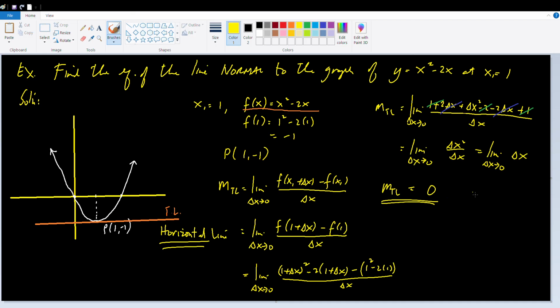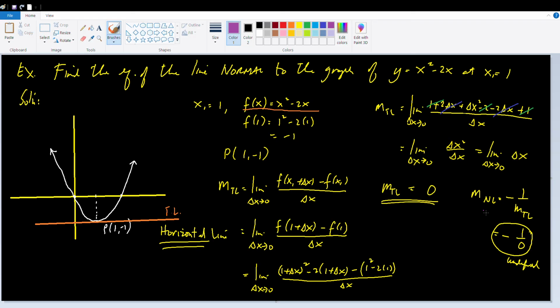So the slope of the normal line is the negative reciprocal of the slope of the tangent line. So what we will be getting here is negative 1 over 0, and that is undefined. A vertical line has no slope. If it is undefined, that means that the normal line